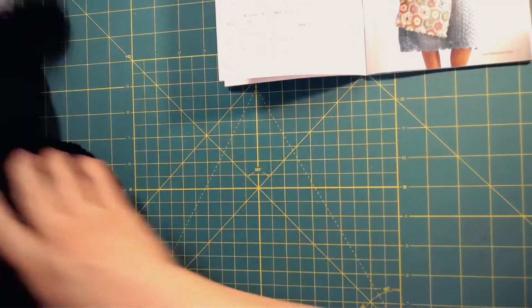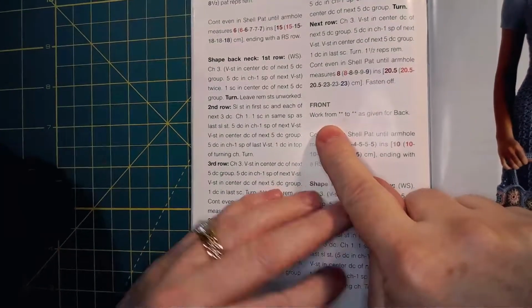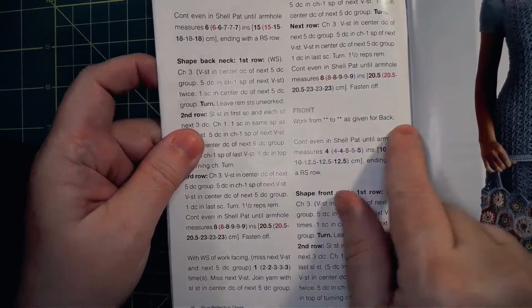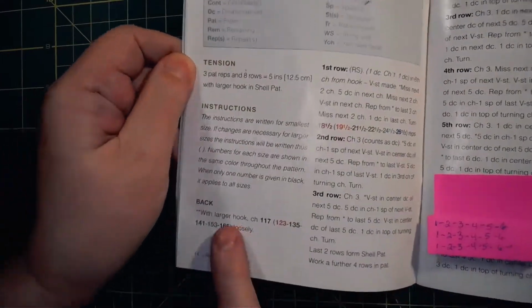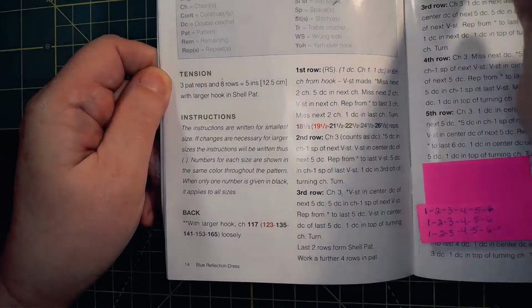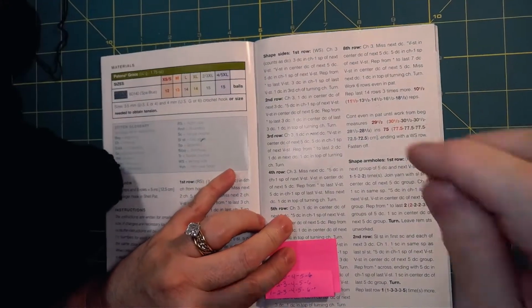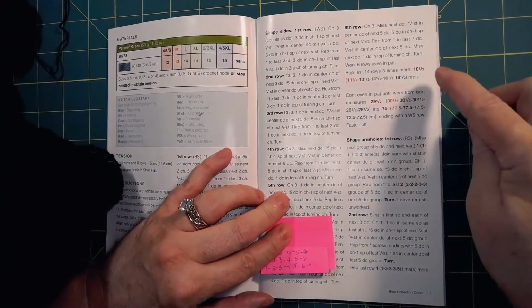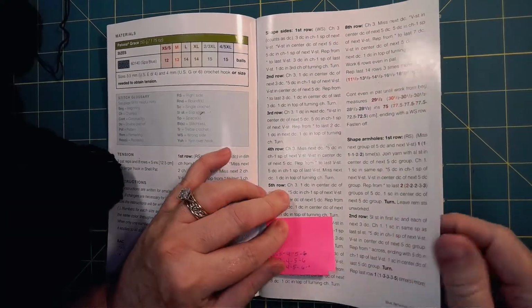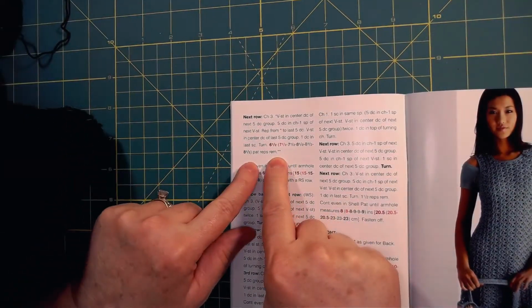And then we are going to begin to work on the front. And the front, it says you're going to work from double star to double star, just like the back. So we're going to start here like the back. We're going to do the same number of chains. We're going to work these rows, doing those repeats like we've done for the back. We're even going to shape the armholes, and we're going to go all the way through that for the front, just like the back,